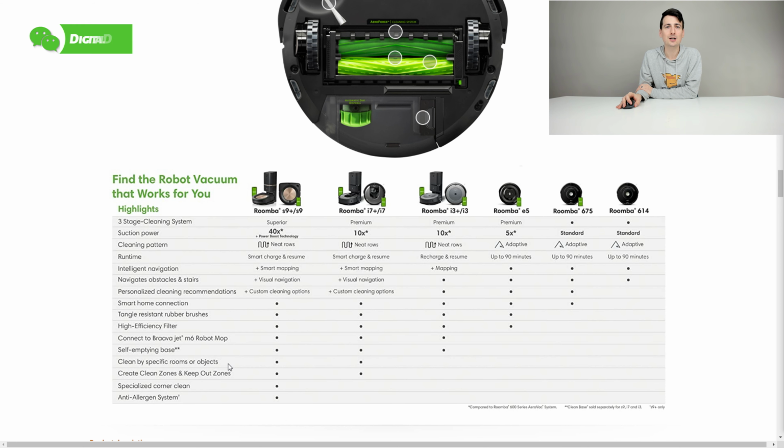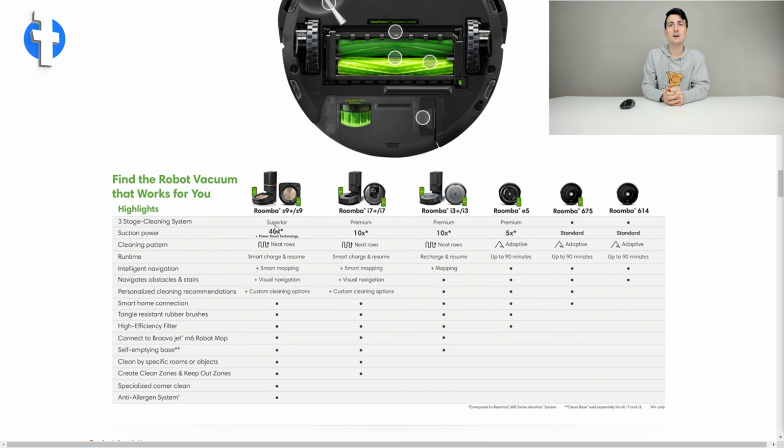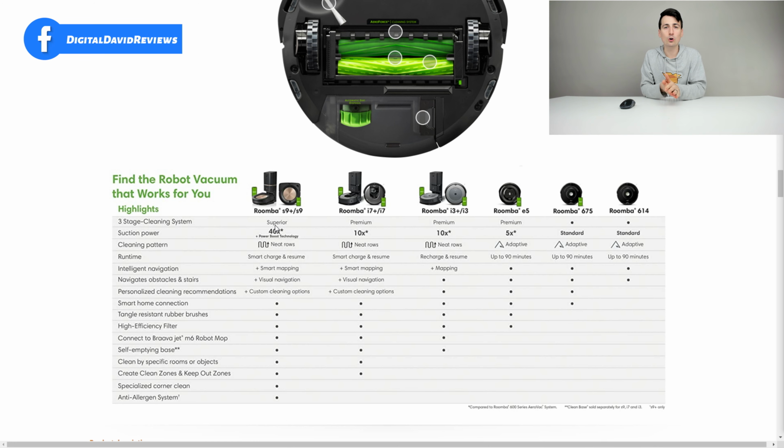So that's what you get with the top of the line one. You pick up the bottom 2 features right here, 40 times the suction power and superior 3-stage cleaning. So that is a quick look at all of their products. You can see their product lineups right there. Very helpful to have this chart to navigate which RoboVac you should land on depending on the features you want and your budget. So let me make you guys my final recommendations in regards to the iRobot Roomba RoboVacs that